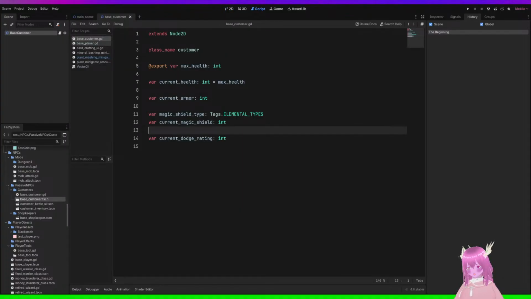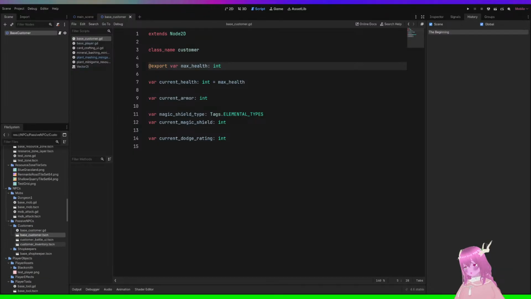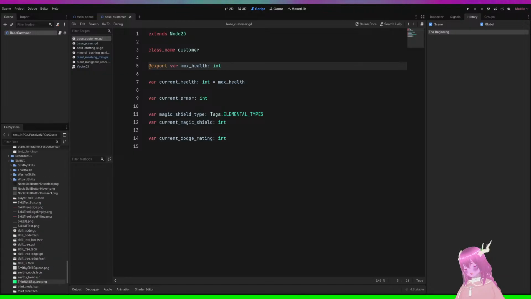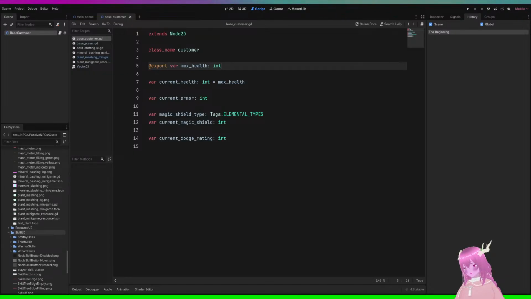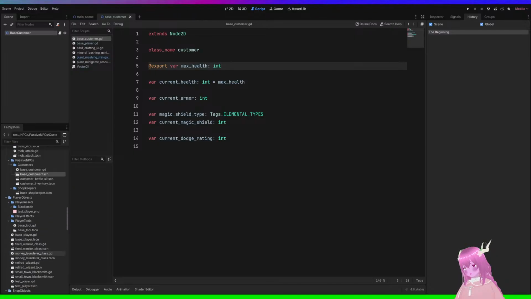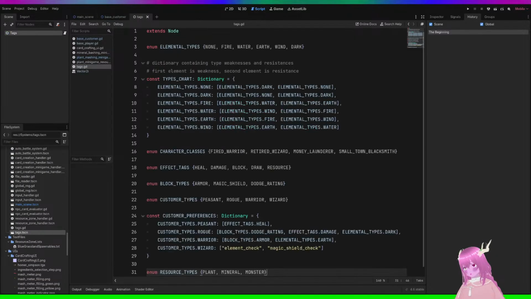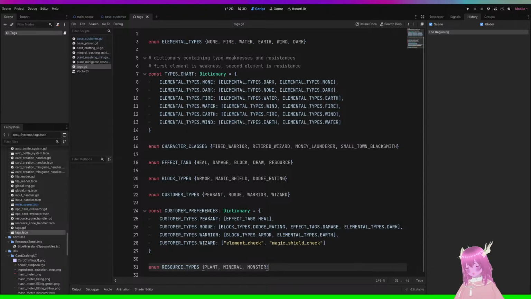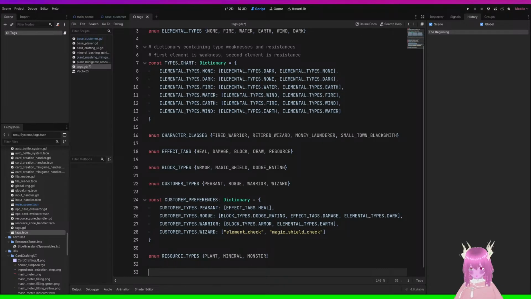So I actually was thinking about it more, and we need some specific things, actually. And the first thing I need to do is put something in tags again, because I've thought of some of the things. So, hold on. Okay, so I put some customer preferences here already. Customer types. Okay, and I put those already.